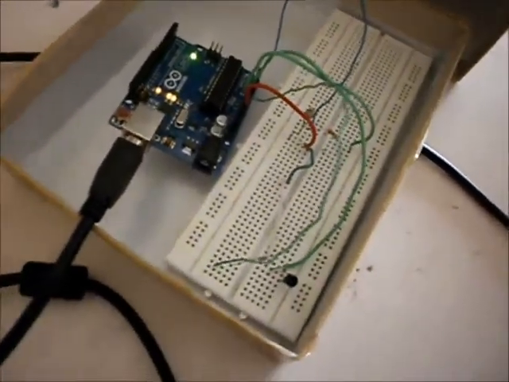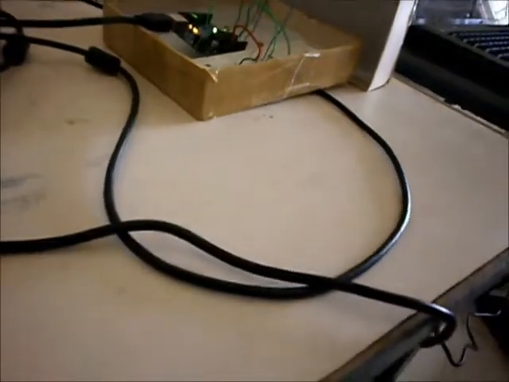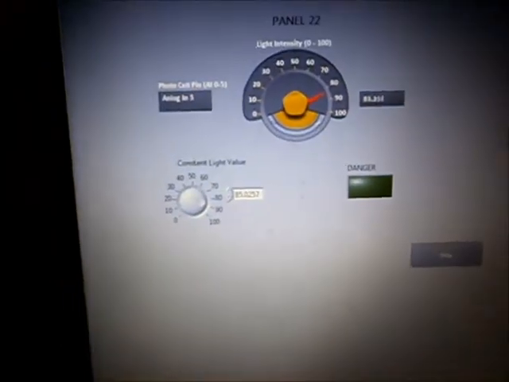Suppose you go in for a larger integration of this model, you can use an Arduino Mega instead of an Arduino Uno as well. The cost will go up, but the advantages are many because you get more input-output ports. So I'll talk about the implementation now.